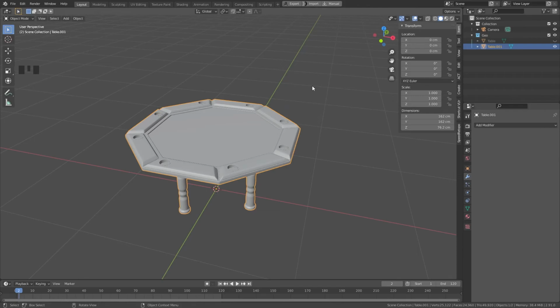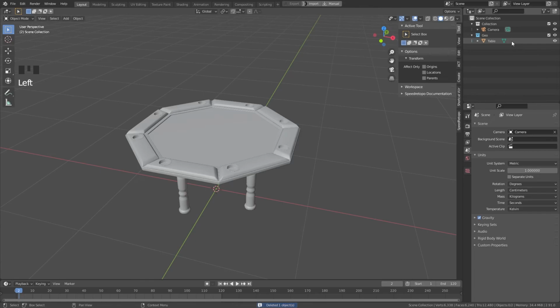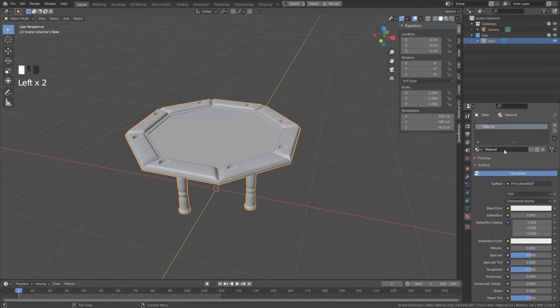The first thing we want to do is delete this high poly mesh. We don't need it anymore, we only used it for the texturing. And now we can also turn on the original table. In the Material Properties tab, we can just press New, rename the material to MAT